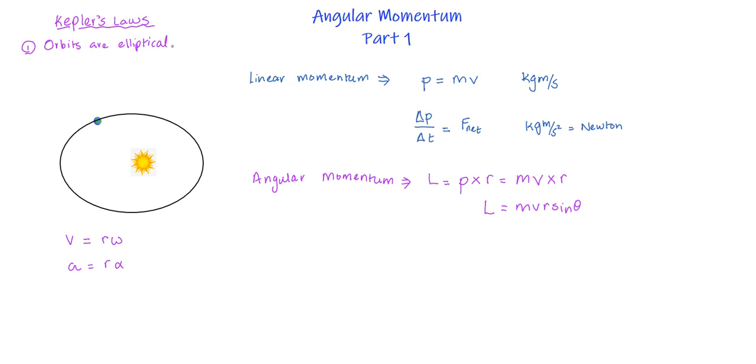The fact that orbits are elliptical means that the Sun isn't at the center of the orbit, but at one of the focus points of the ellipse. If you've forgotten the geometry of an ellipse, you want to go check that out because it is kind of important in understanding this. But the main thing to remember is that an ellipse has two foci, and its path is a bit of a squashed circle,